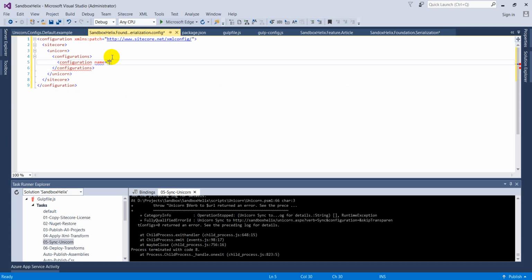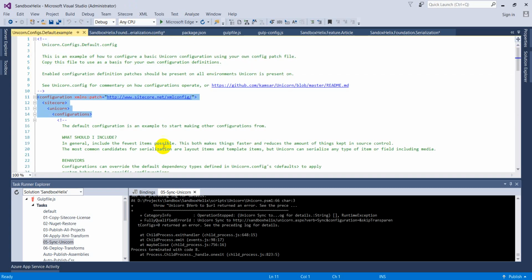You can call it sample helix, and just give it a description, and you can again call it sample helix, right? Okay, so once the configuration has been defined, the next step would be to have